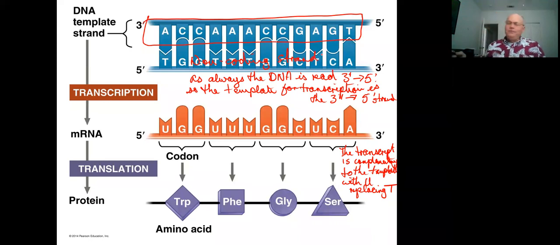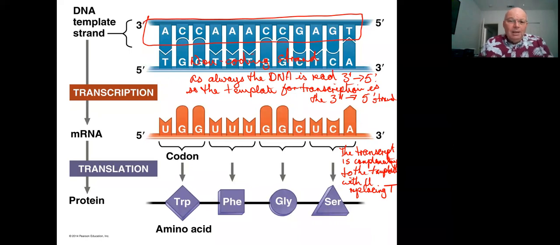So the strand that runs 5' to 3' in this gene sequence would represent the non-coding strand. However, notice that we could read this strand 3' to 5' going in the other direction. And in some circumstances, particularly in bacteria, we know that both strands can serve as gene sequences depending on which